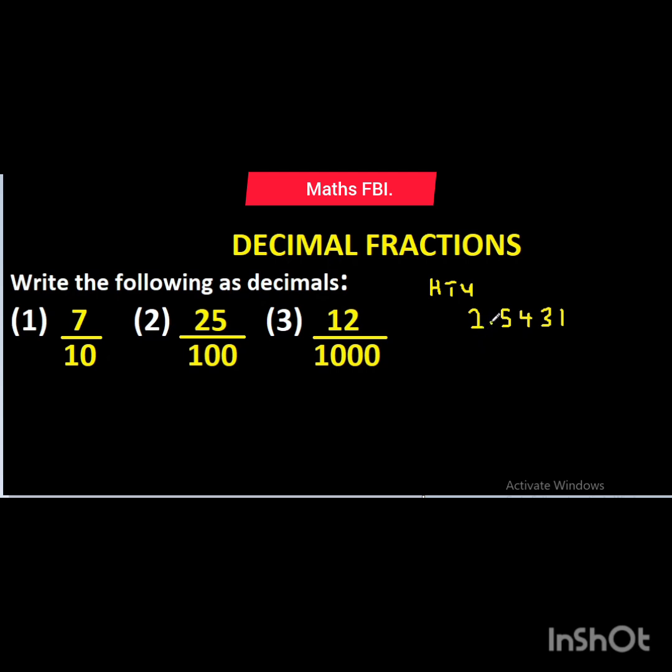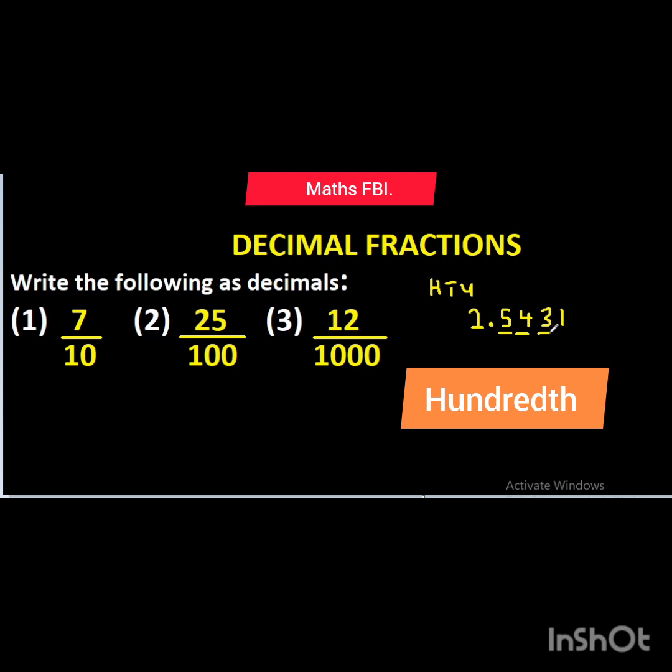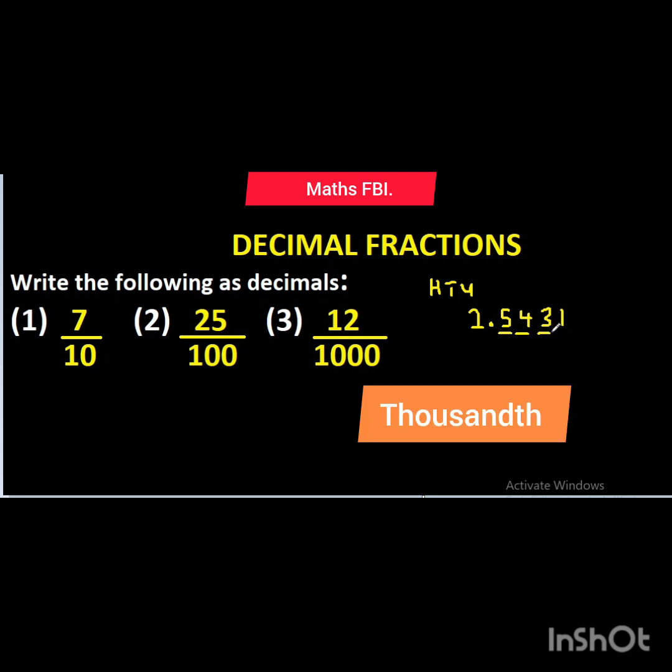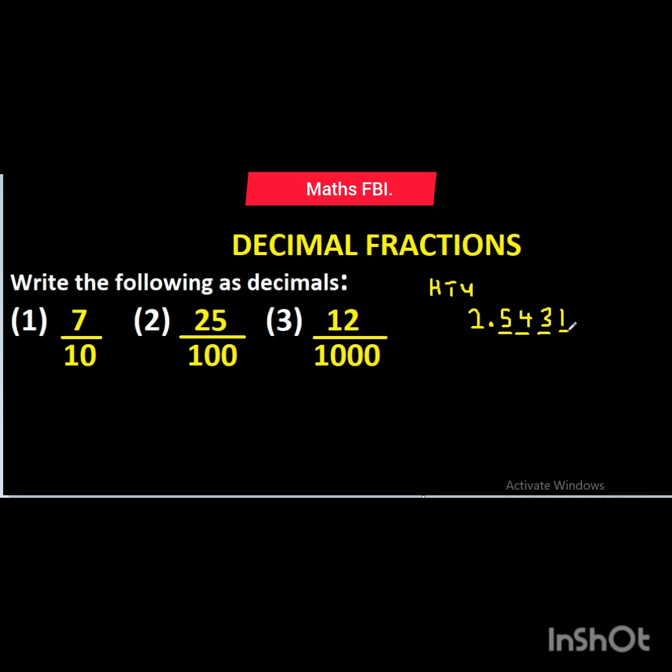But right after the decimal point, now we are going decimal. The first digit after the decimal point represents tenths, meaning that the number has been divided by 10. This is 25 divided by 10. The second is hundredths. The third digit to the right of the decimal point is thousandths. The fourth is ten-thousandths,